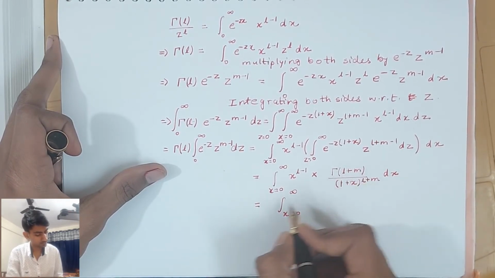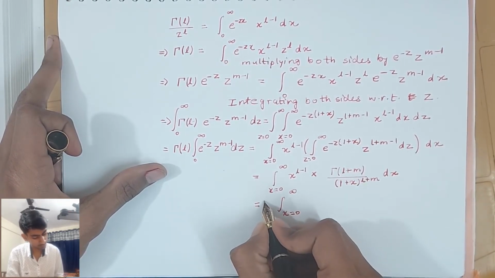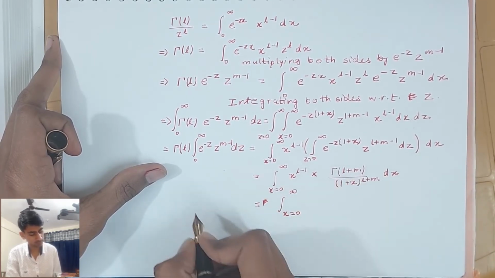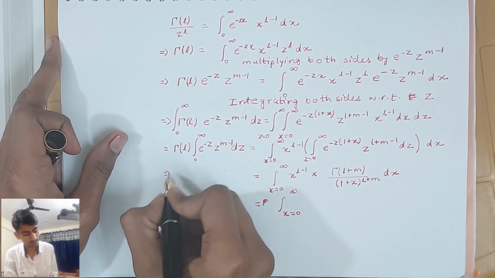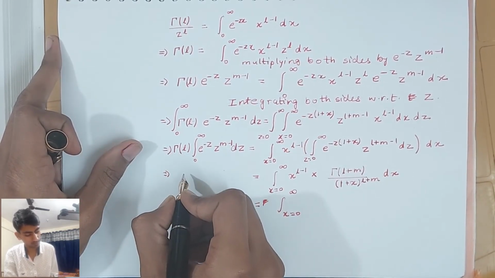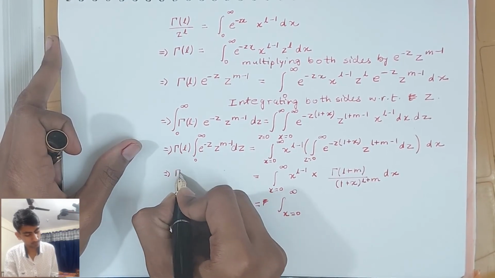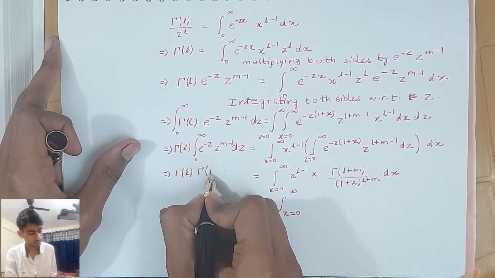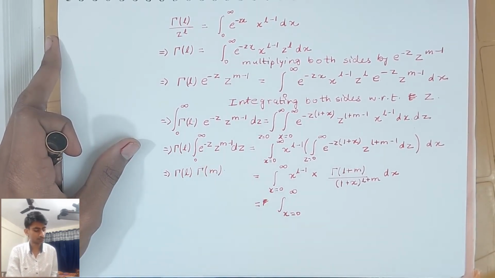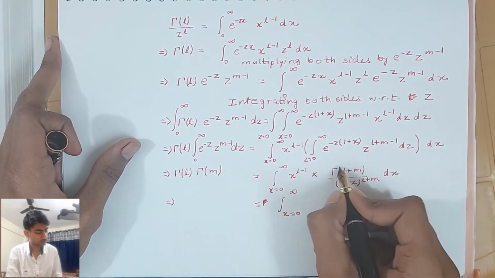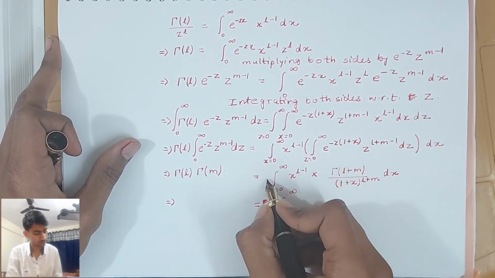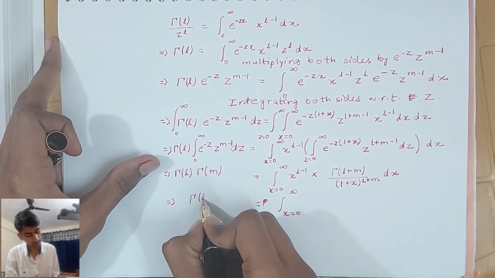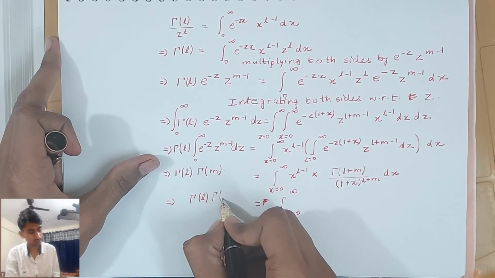Since gamma of L plus m is independent of x, I can write it outside, or I can just put it on the RHS. I just forgot to do this step on the LHS. So gamma of L, this can be written as gamma of m. Yes, and in this step I can take this thing outside the integration and then put it on the LHS. So gamma of L, gamma of m,